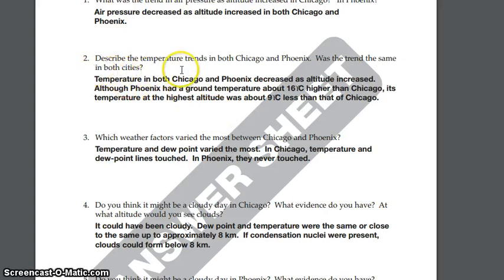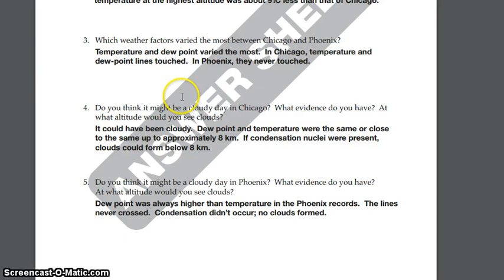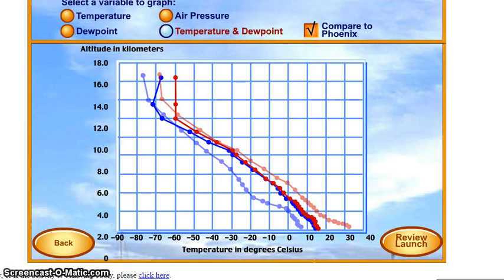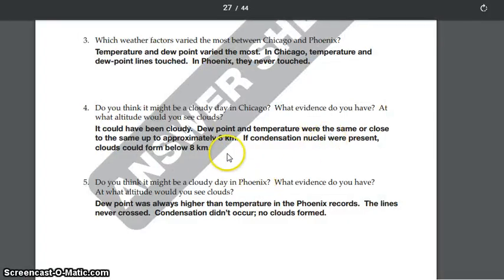The trends of temperatures for both cities, again the same thing. As we go up, they decrease. Most importantly, we get down here to number 4 and number 5. These are the important ones. This is where we're going to get the interesting information from the weather balloon soundings. As we go up through the atmosphere in Chicago, we were able to see the temperature and the dew point overlap. Because the temperature and dew point overlapped, right in here, we will see clouds forming on this day in